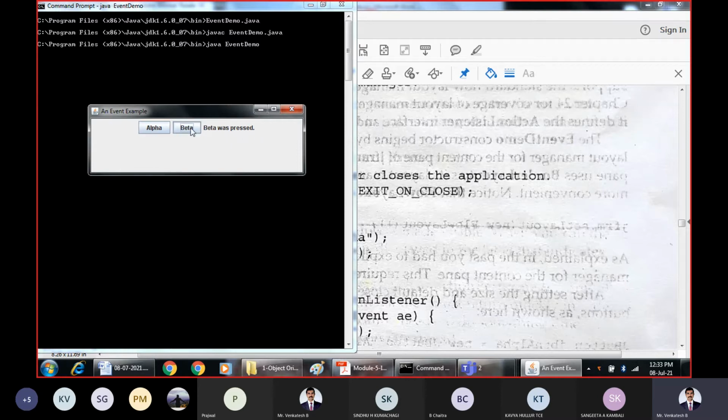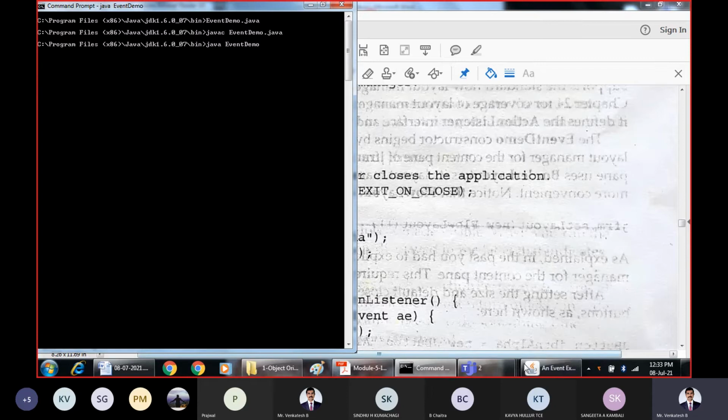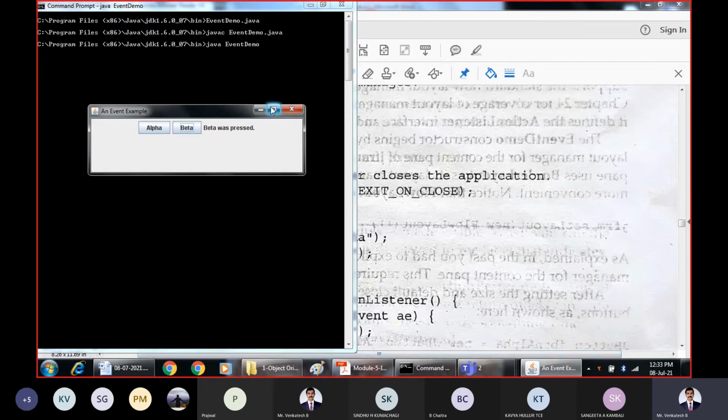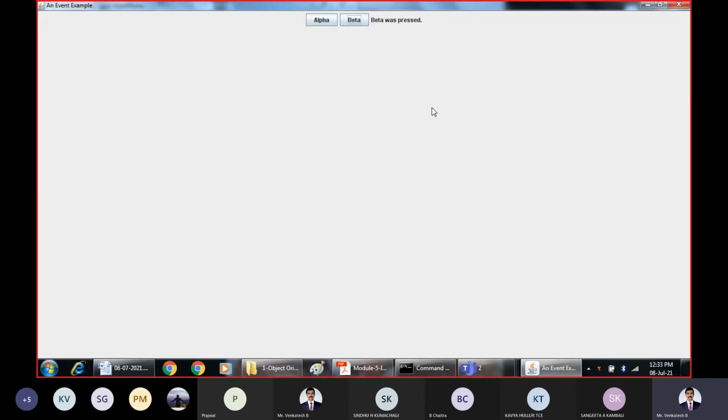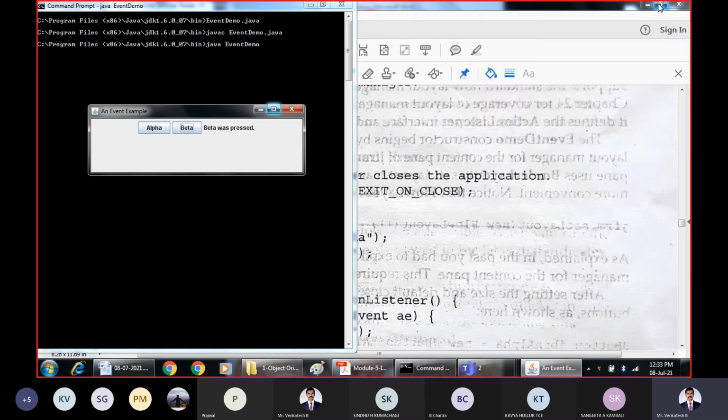You can toggle between alpha and beta continuously. Whenever you press the alpha button, it shows alpha was pressed, and whenever you press the beta button, it changes to beta was pressed. Finally, you can minimize, maximize, increase the screen size, and bring it back to the original size.